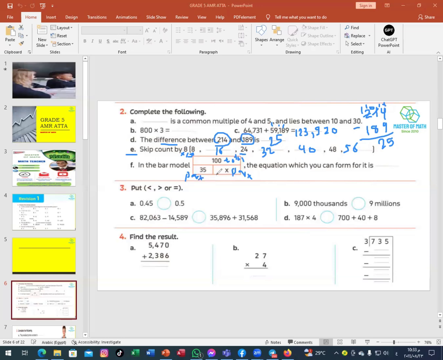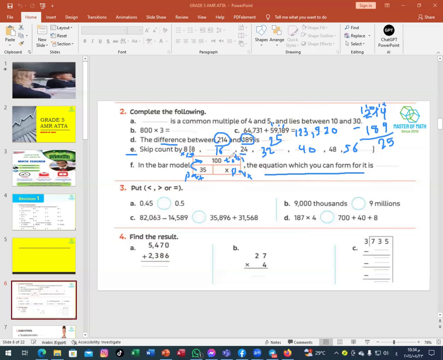Adding x and 35 equals 100. So x is an unknown number, which I didn't know. He wants here not the solution or the value of x, but the equation which you can form for it